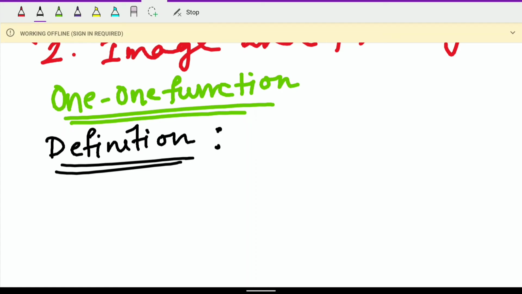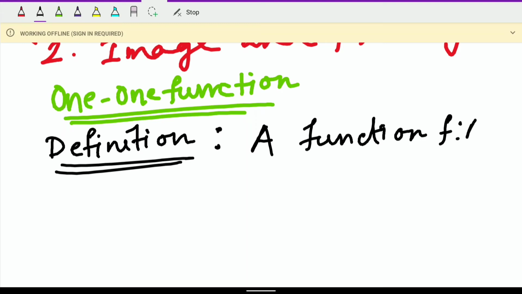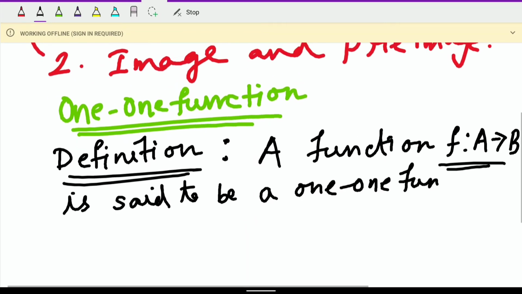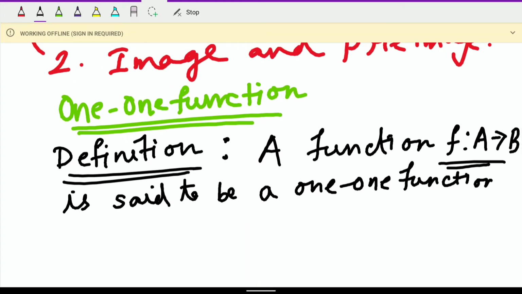The definition: a function f from A to B, read as f maps A to B, is said to be a one-one function or an injection